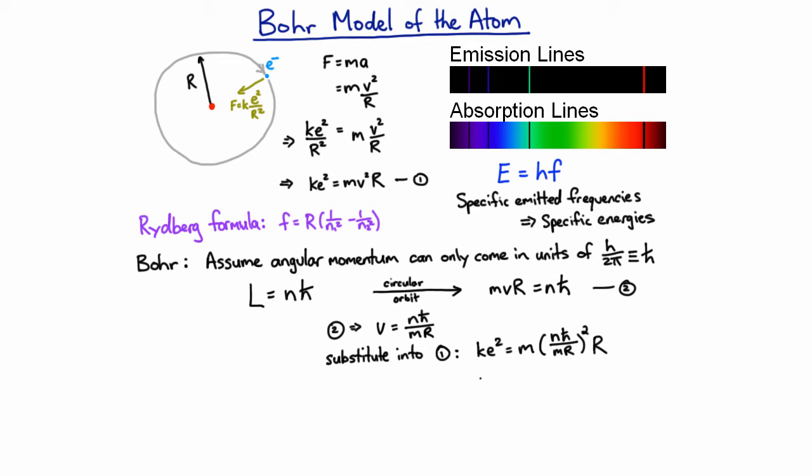And if we cross out the mass and the radius from the top and the bottom line, the radius gets bigger in discrete amounts as n gets larger. The very smallest it can be is when n equals 1, and so then the radius would be h bar squared on mke squared, and that's called the Bohr radius. Now we could solve for the velocities if we wanted to and get them as a function of n as well,